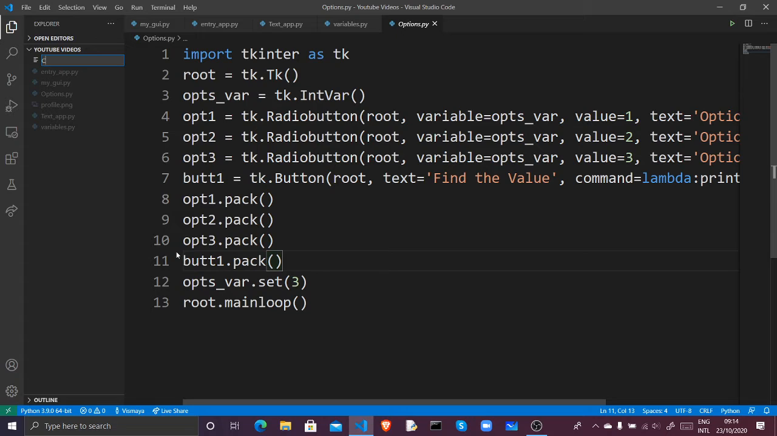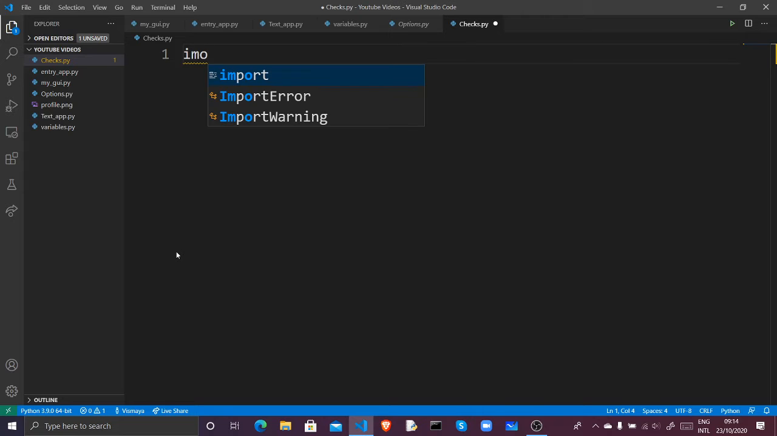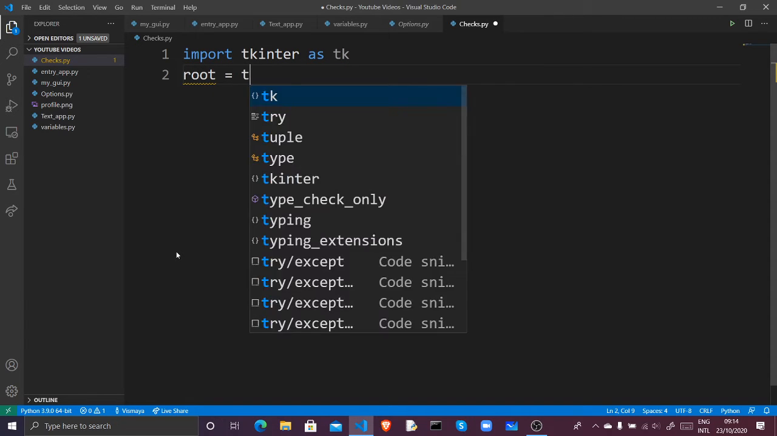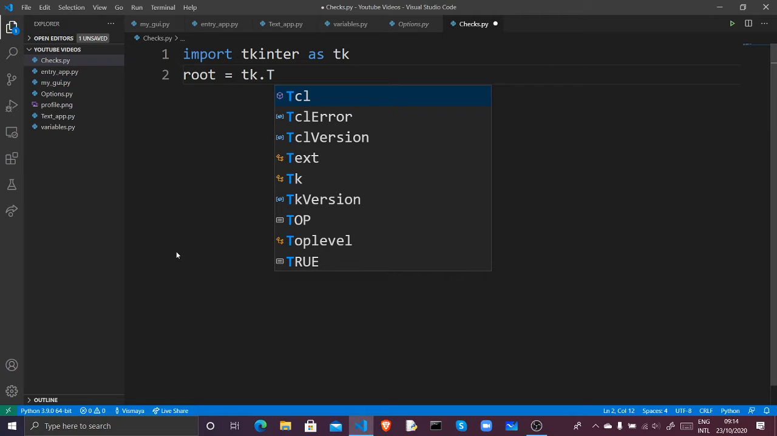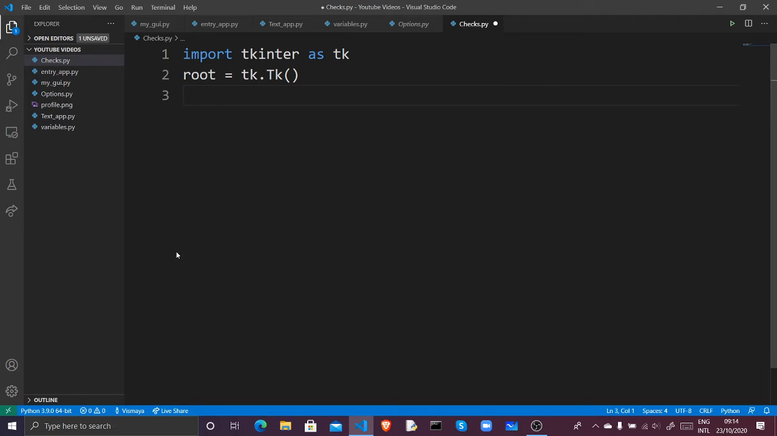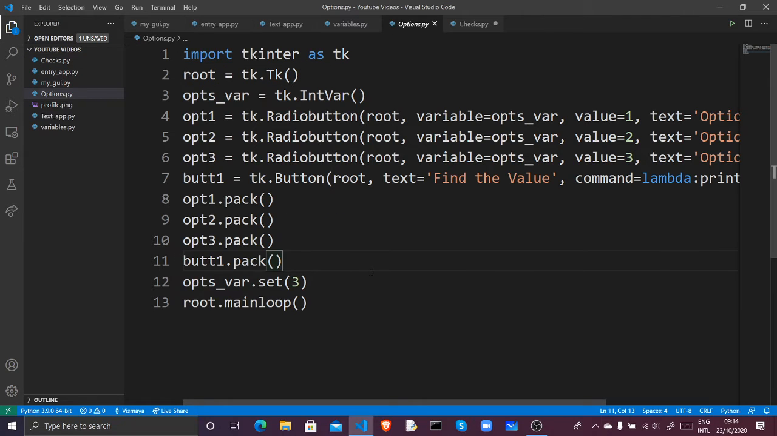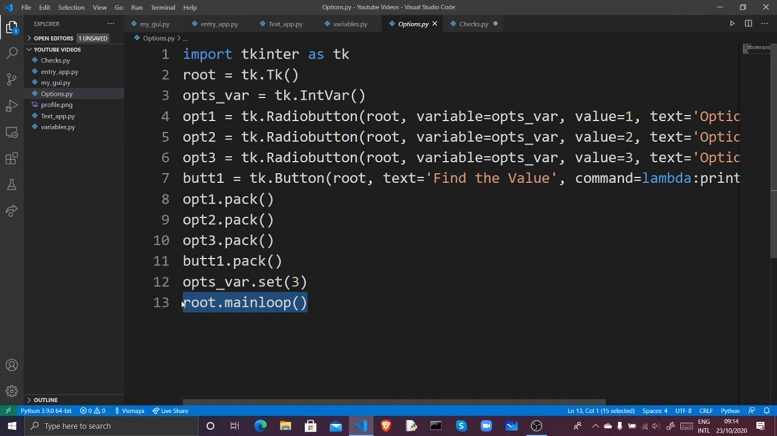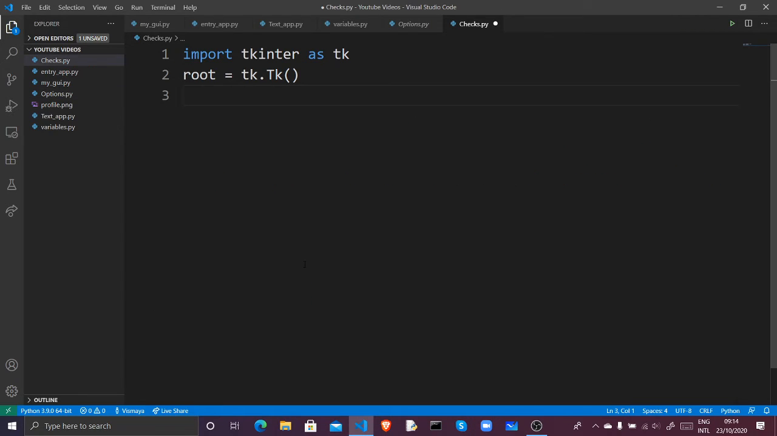Let's call this checks.py. We'll import Tkinter. Root is equal to tk.Tk(). Let's just keep the same data. Let's keep this root.mainloop(), and we'll have to have our